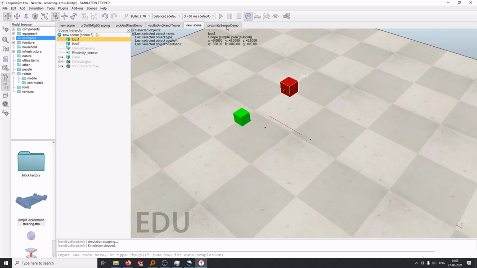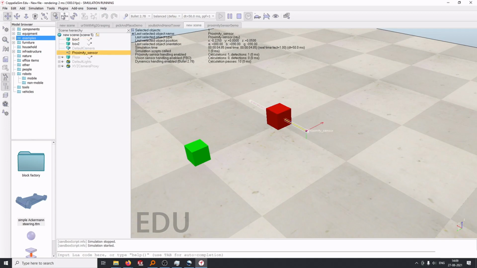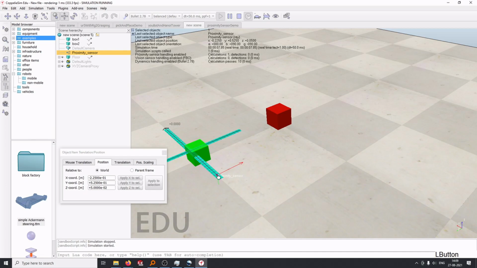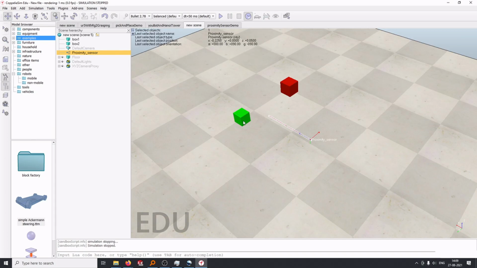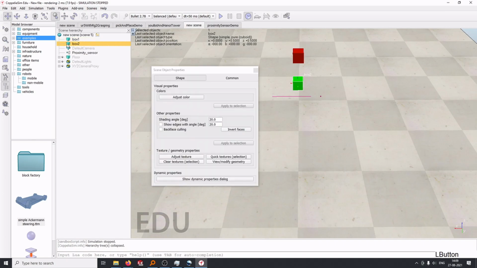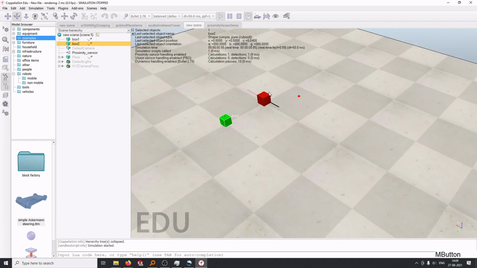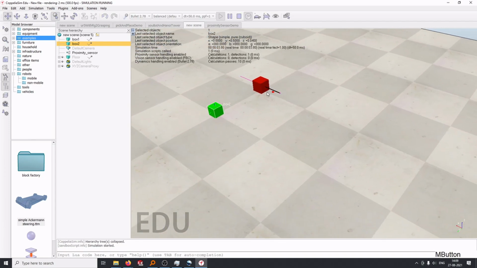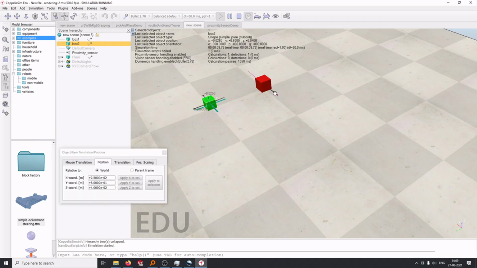Then let's just run the simulation again, and we see now, right? Okay, now it is detecting the block. But if we move it to the other block, since it is not set to be detected, it won't detect that, right? So we'll also make this detectable. Click on that, go to common, detail, detectable. Okay, cool. So we have both of them set to be detectable. Now this one is detectable.